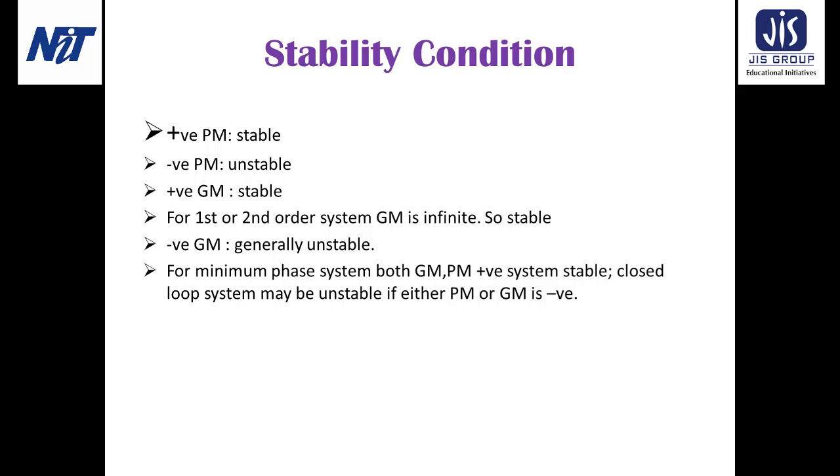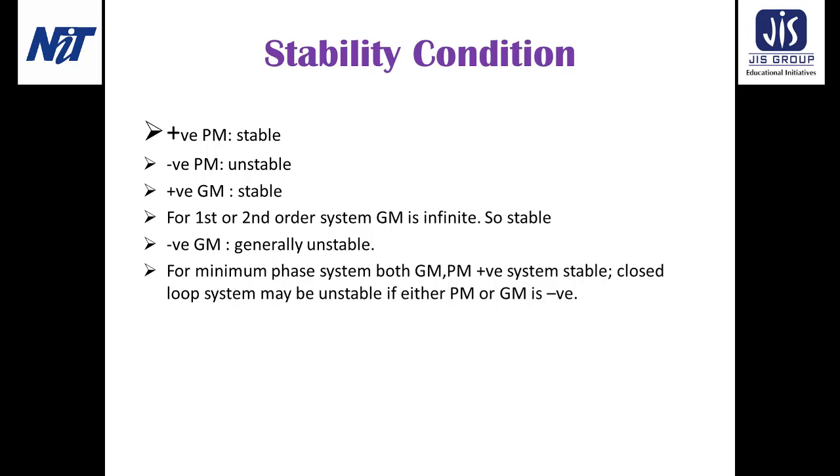Now for the minimum phase system, if both the gain margin and the phase margin are positive, then the closed loop system will be stable. And the closed loop system will be unstable if either the gain margin or the phase margin is negative. And this is for the polar plot, and in the polar plot the measure of gain